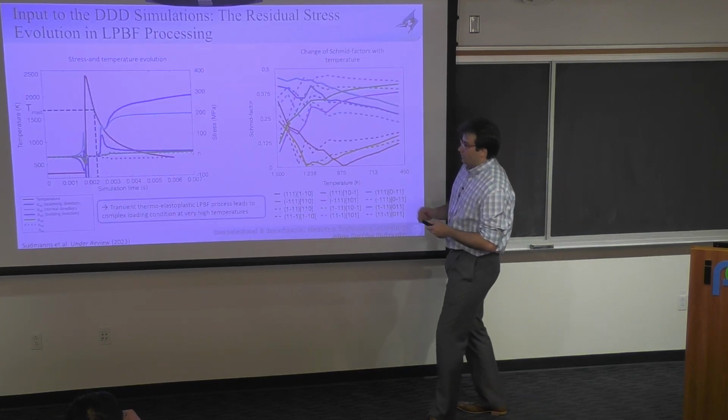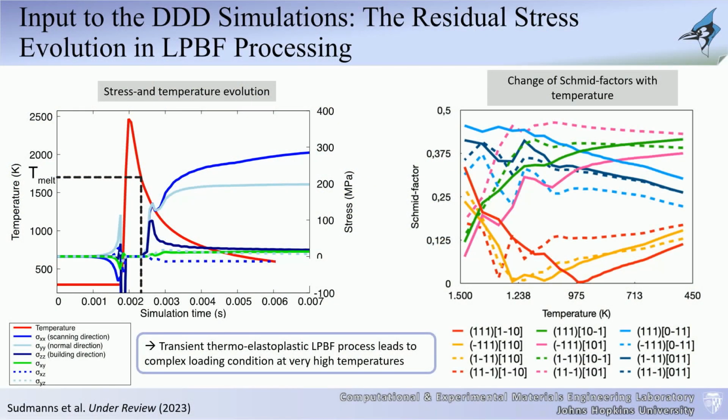Okay, so the complexity happens in terms of the Schmid factor per slip system as a function of temperature. As the temperature decreases, you can see that there are fluctuations and changes in the Schmid factors on the different planes. So those that were active early on at high temperatures might be inactive later on, and then might kick off again and be active. Similarly, some that were very active at the beginning are continuously declining. Some that were inactive at higher temperatures eventually become active as the temperature changes.